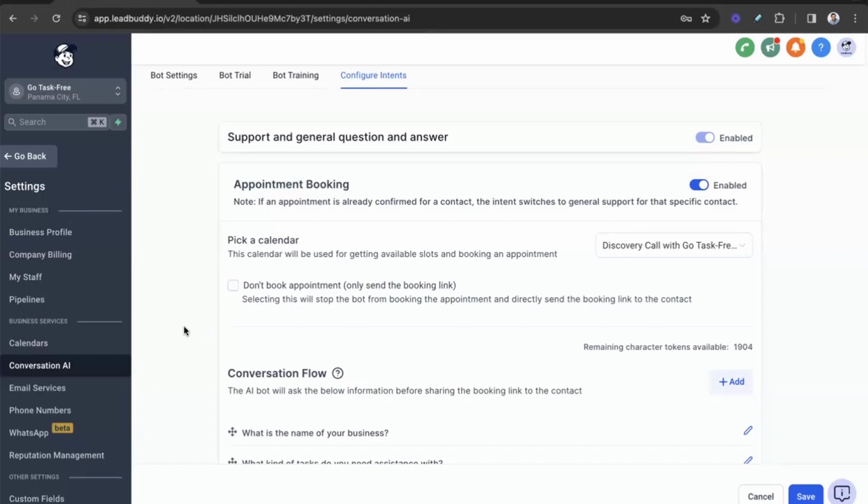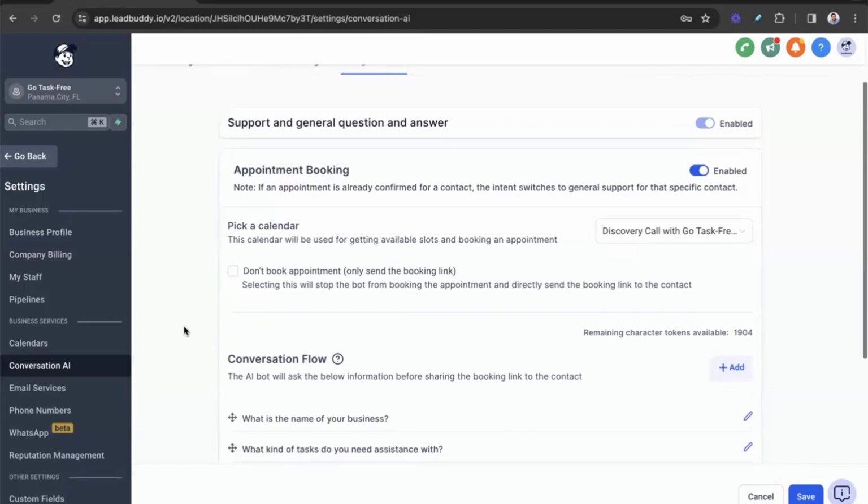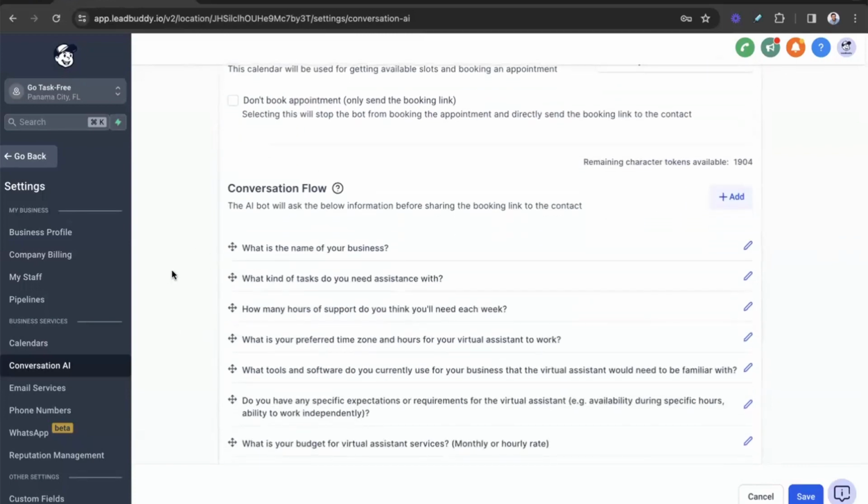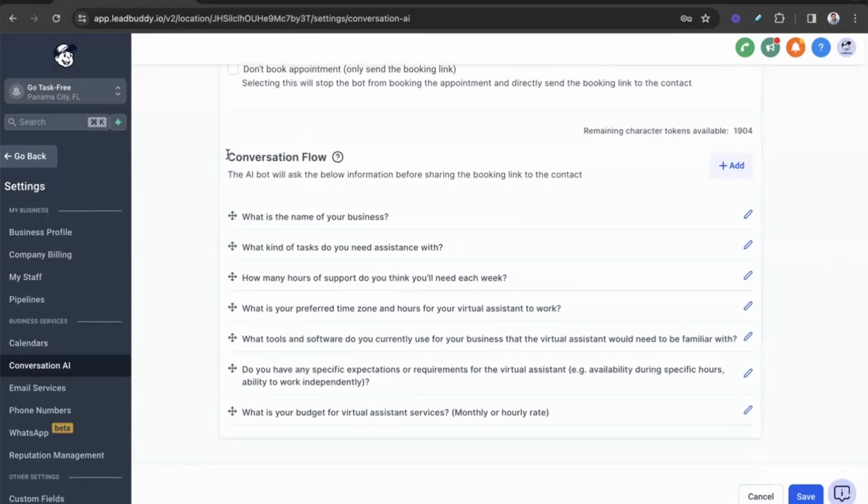So it makes it a little bit easier, makes it also feel a little bit more personal and like a little bit more of a personalized interaction. So from there, we've already set the questions that we get asked by our clients. Now, what we want to do is set up the conversation flow for the questions that we want to ask